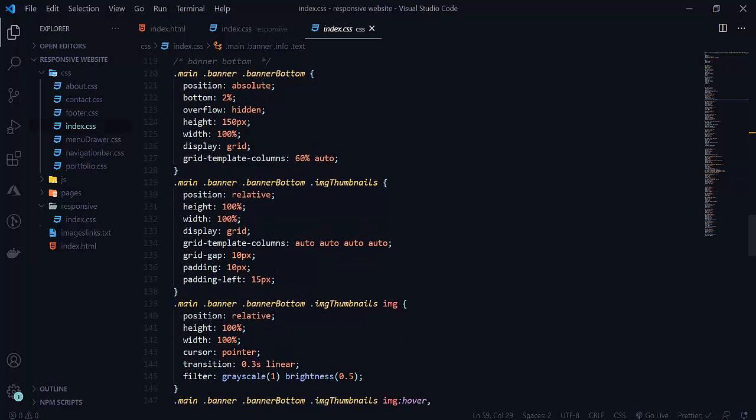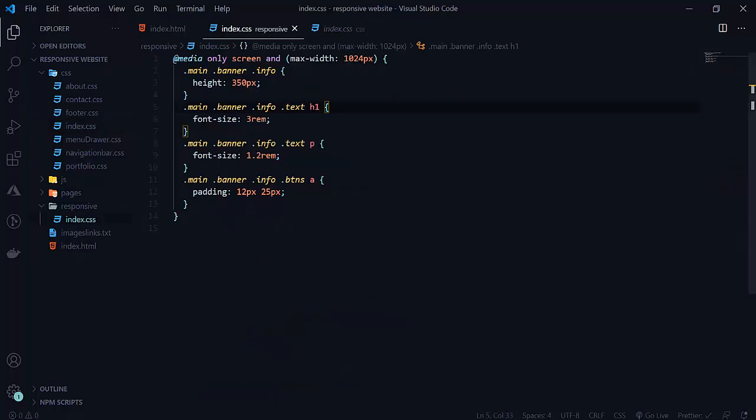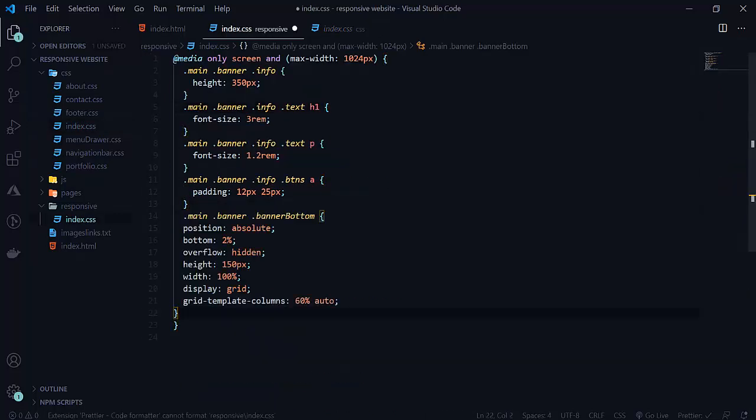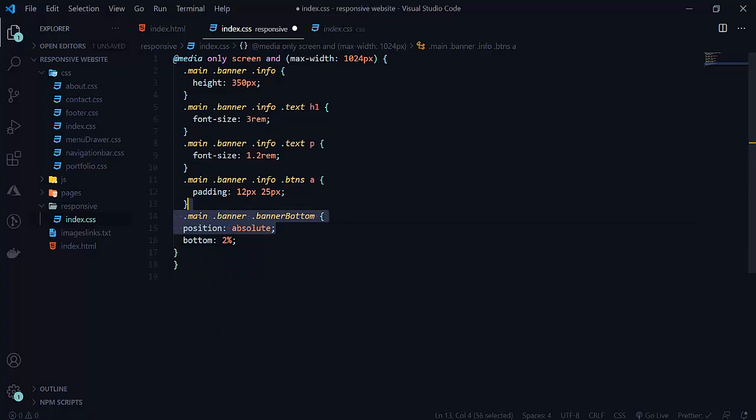So here we need the banner bottom, just this one, banner bottom. So this is our banner bottom here. Here we just want to change our bottom to 5%.